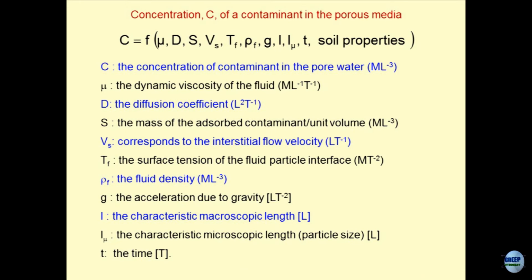So, C is the concentration of contaminants in the pore water, mu is the dynamic viscosity of the fluid, D is the diffusion coefficient, S is the mass of the adsorbed contaminants per unit volume, Vs is the seepage velocity, Tf is the surface tension, rho f is the density of the fluid, then g is the acceleration due to gravity, then L is the characteristic microscopic length, and then you have time, which is the physical time at which you want to find out the concentration migration,